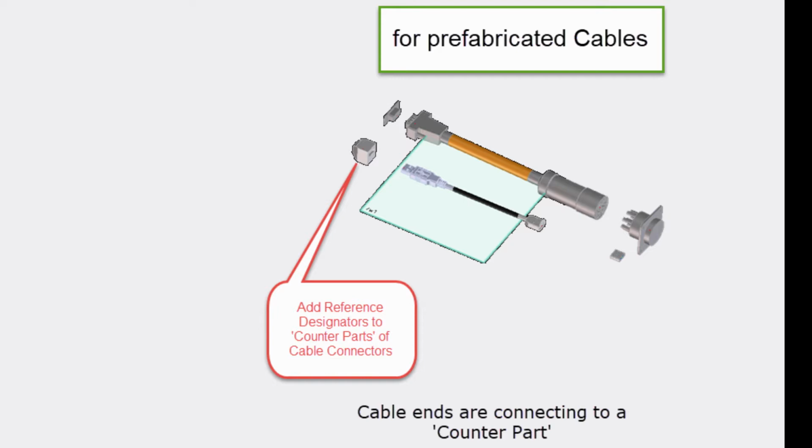It means that now our reference designators should be not on the connectors itself, but on the counterparts of the connectors. In this case, we should say, okay, this cable end connector is connecting to